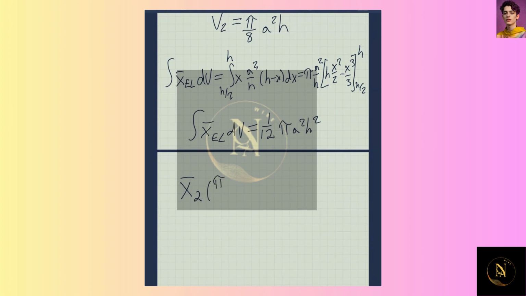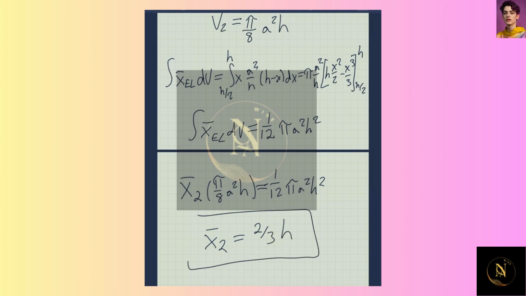And now we can plug this back into our original equation for the centroid of component 2. We plug in the volume we found, pi over 8 a squared h, and set equal to the integral of the differential element, 1/12 pi a squared h squared. We get the centroid of